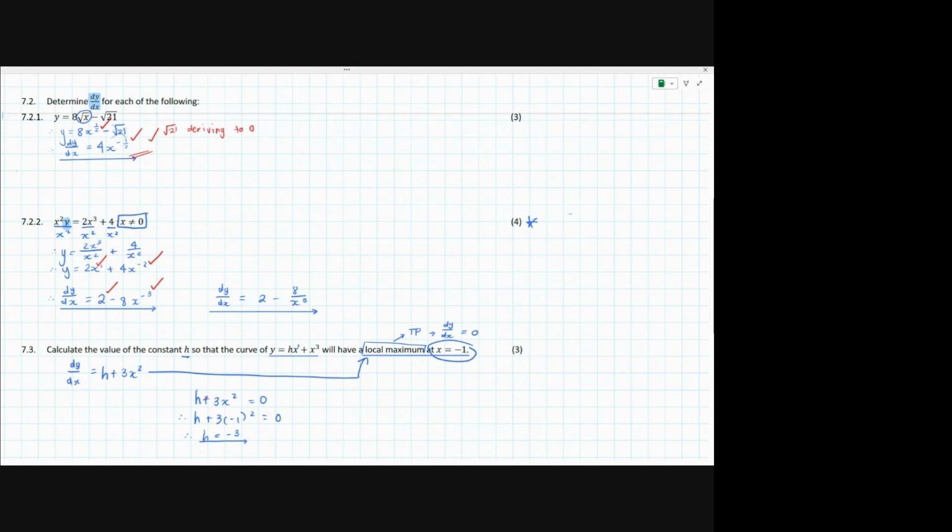So here, this was 3 marks: a mark for finding your derivative, a mark for understanding that you needed to make your derivative equal to 0 because it was a local maxima, and then a mark for your value of h. Right, so I'm just going to stop there for you to take a screenshot,